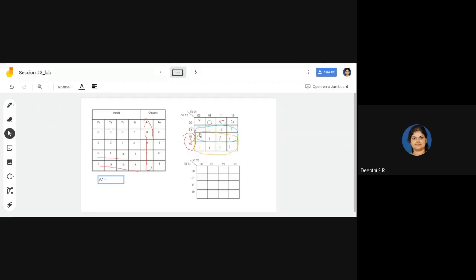So for this block, it is Y2, plus Y3. Correct. Y2 plus Y3. Okay. So I hope you are clear with this one, A1. So we'll move on to the next one, A0.